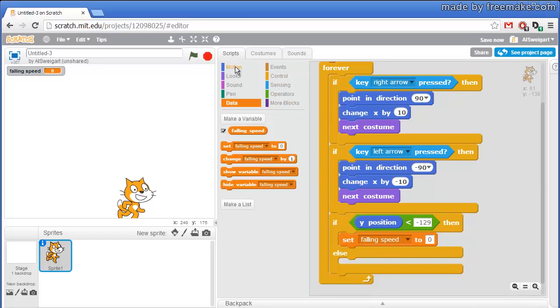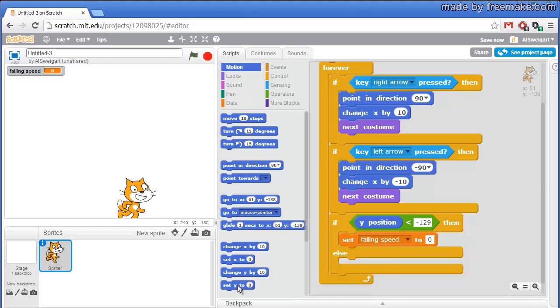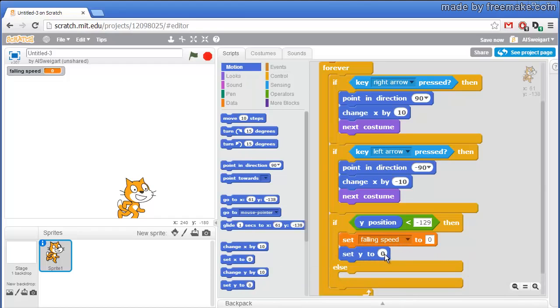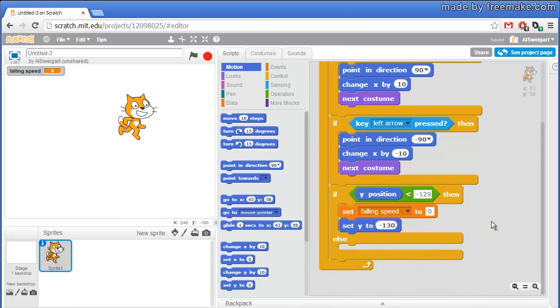And then we also want to set the position to -130. So grab set Y and change this number to -130. Now in the else block, this code will be executed if this condition right here is false. What that means for Y position less than -129 is the code in the else part will be executed if the sprite is above the ground level